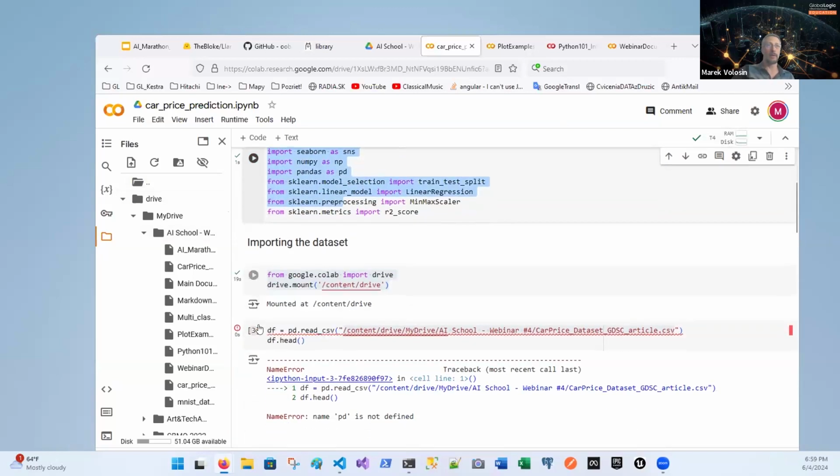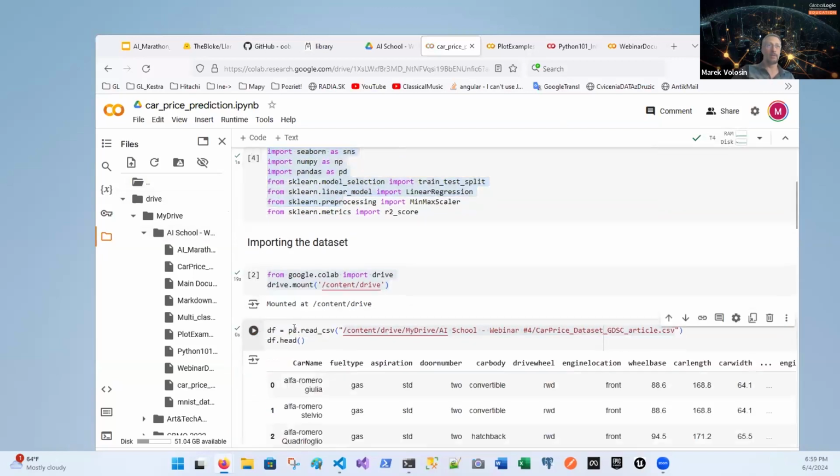So I need to make it again. This PD is this. You don't know what it is, because that cell was not run before. Okay, now it is PD. It's pandas